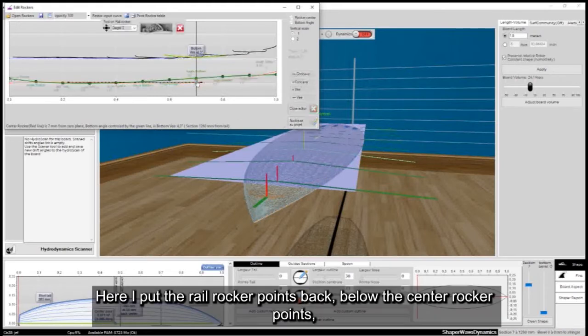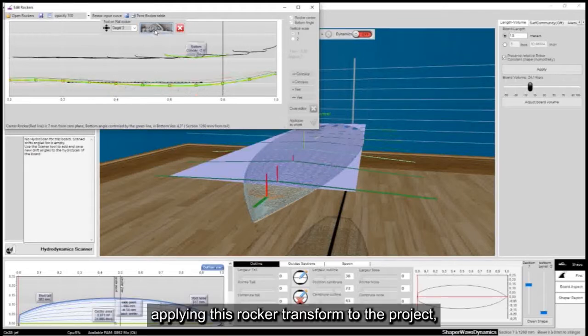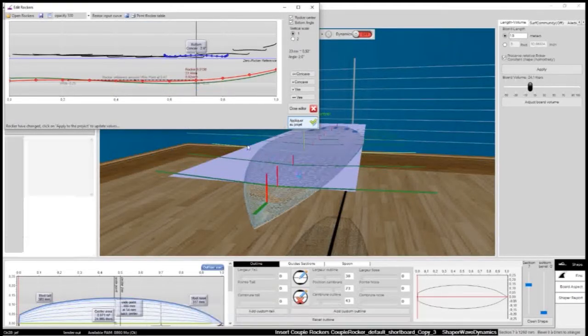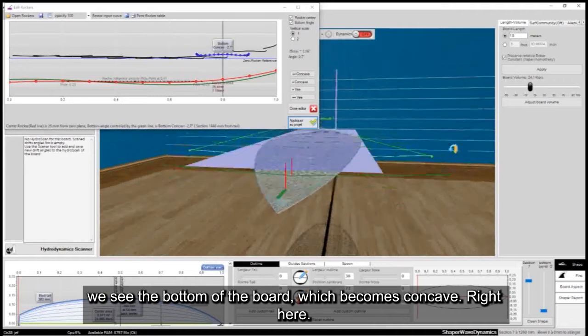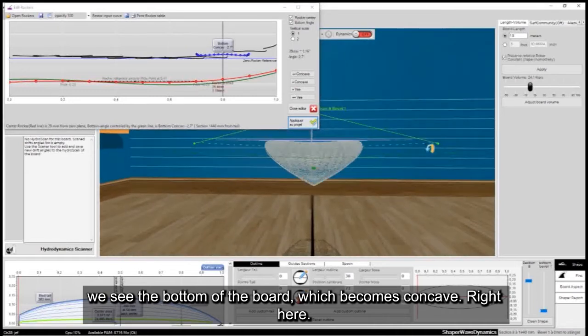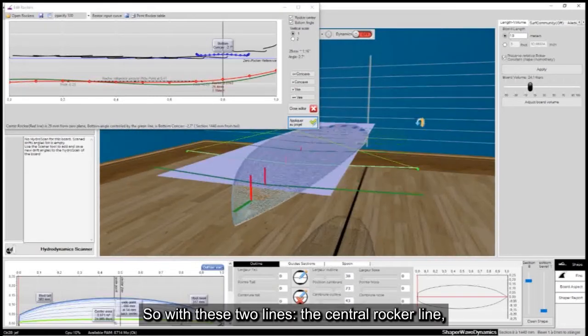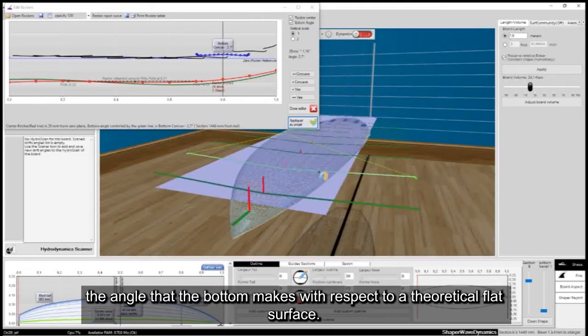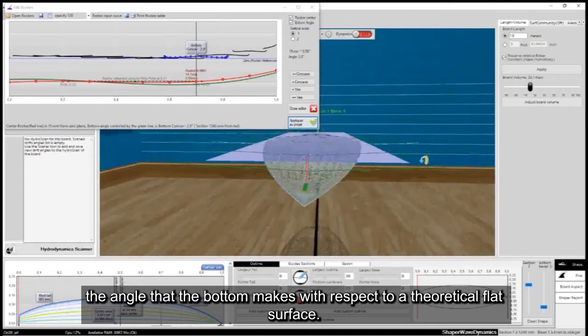Here I put the rail rocker points back below the center rocker points. Applying this rocker transform to the project, we see the bottom of the board becomes concave. So with these two lines, the central rocker line and the rail rocker line, we are piloting the angle that the bottom makes with respect to a theoretical flat surface.